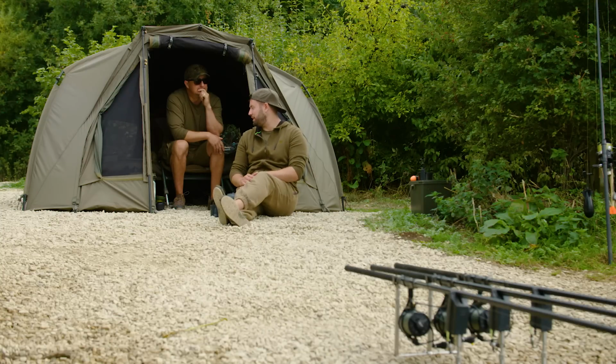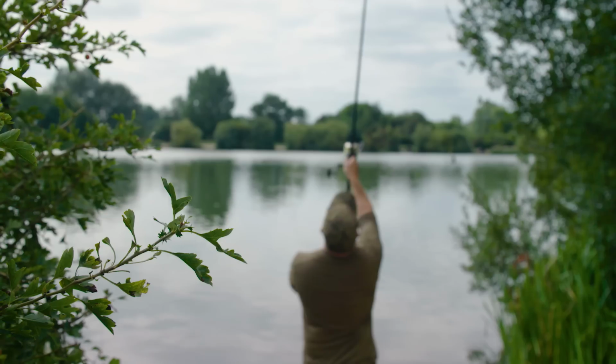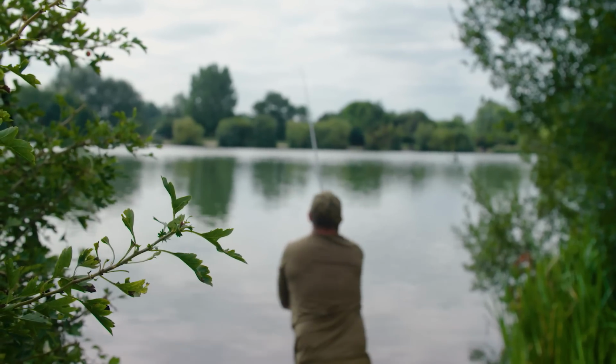So when people turn up here with a tenner's worth of bait and expect to catch £1,000 worth of fish, unless it's on zigs and a bit of foam, it just isn't going to happen. So just keep going, keep working your swims, because eventually...